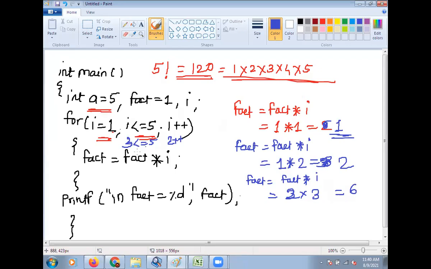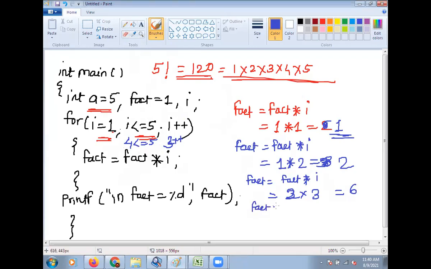So increment value of I, that is 3 plus plus, it will become 4. That is 4 is less than equal to 5. This condition becomes true. Then fact is equal to fact into I.